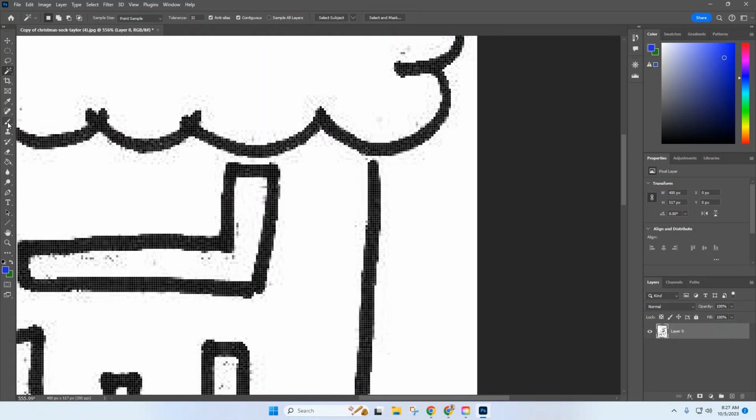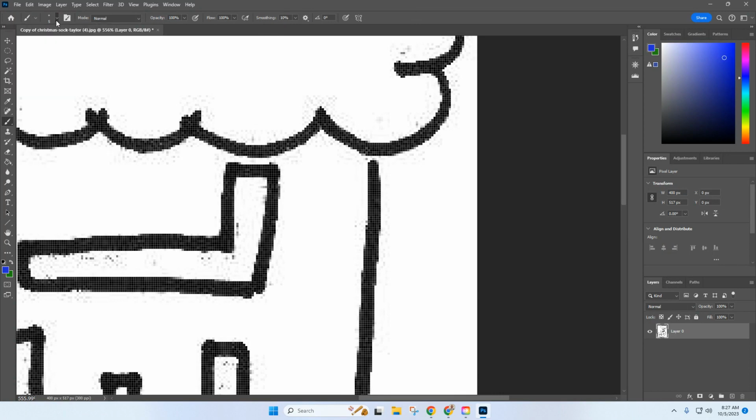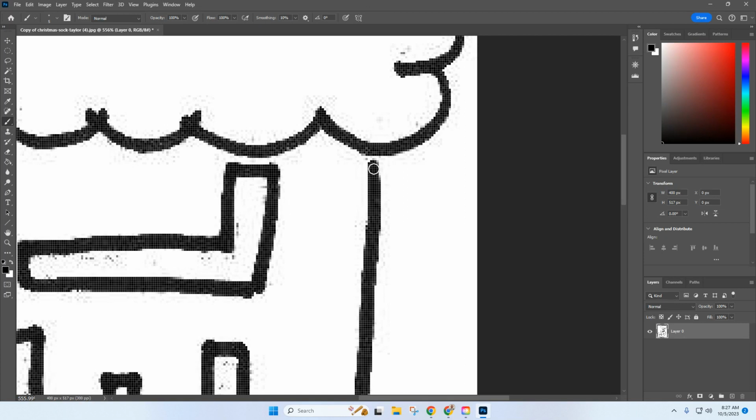So I can go back to the brush tool and, if I need to, I can make the size bigger or smaller. I think it's about the right size. So I need to make the default black. Change to black here for the foreground. This is the foreground color that's in front, and the square that's in back is the background color. So make sure the square in front is black, so you can just fill it in. So make sure it has a